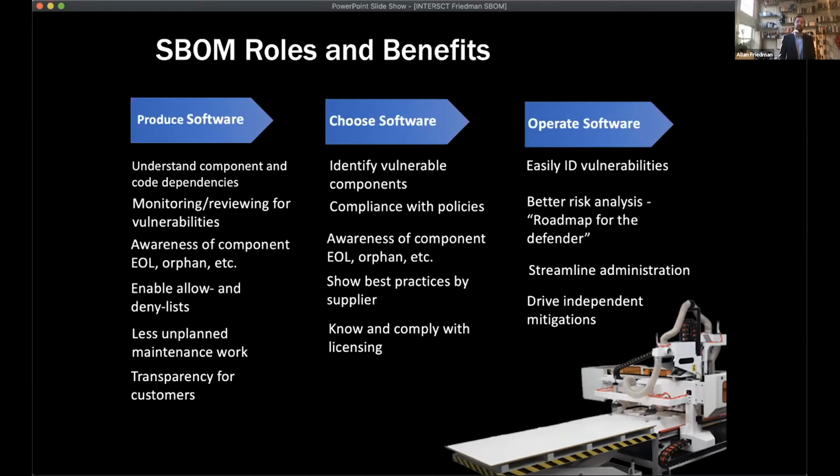Why? Because every time a new vulnerability comes out, the product security team has to go through and figure out whether or not they're affected. And that's a lot of work to do without having an SBOM. An SBOM allows you to target: here's the analysis and what I want to do. It also gives you a lot better long-term strategy, right? You can start thinking about end of life. So for example, I'm using a library that is going to discontinue support for single-threaded processors. Well, if your product depends on single-threaded processors, you need to know that well in advance. It allows better things like agile development and DevOps for allow lists and deny lists and things like that. And it also gives you transparency for your customers.